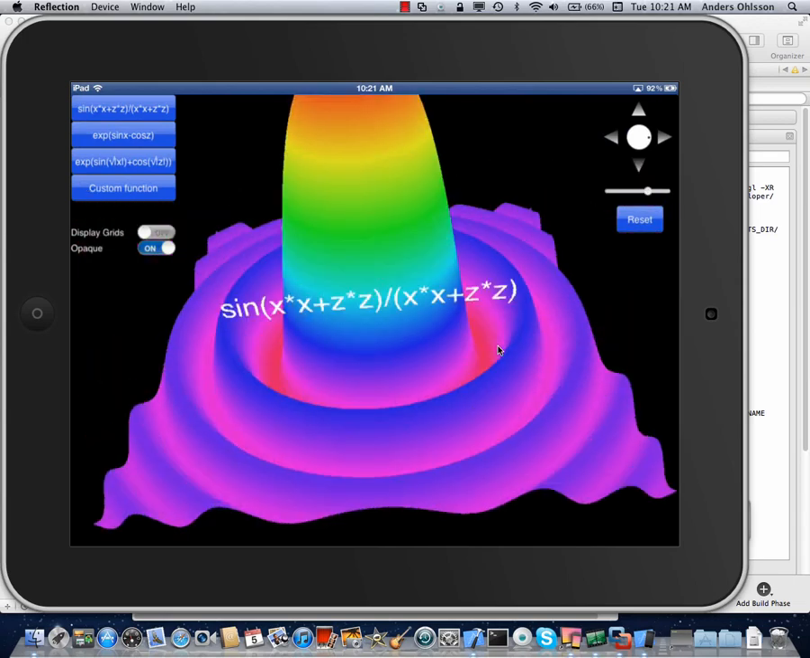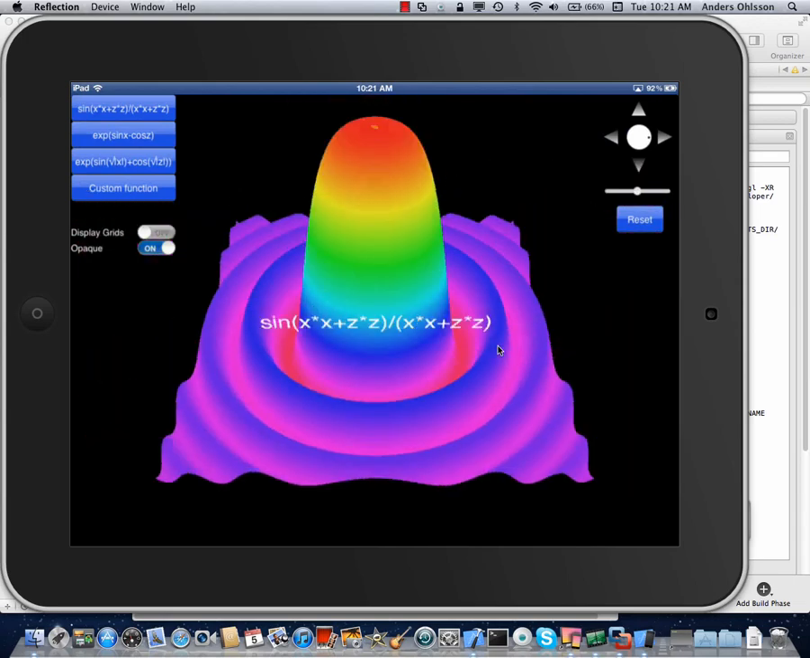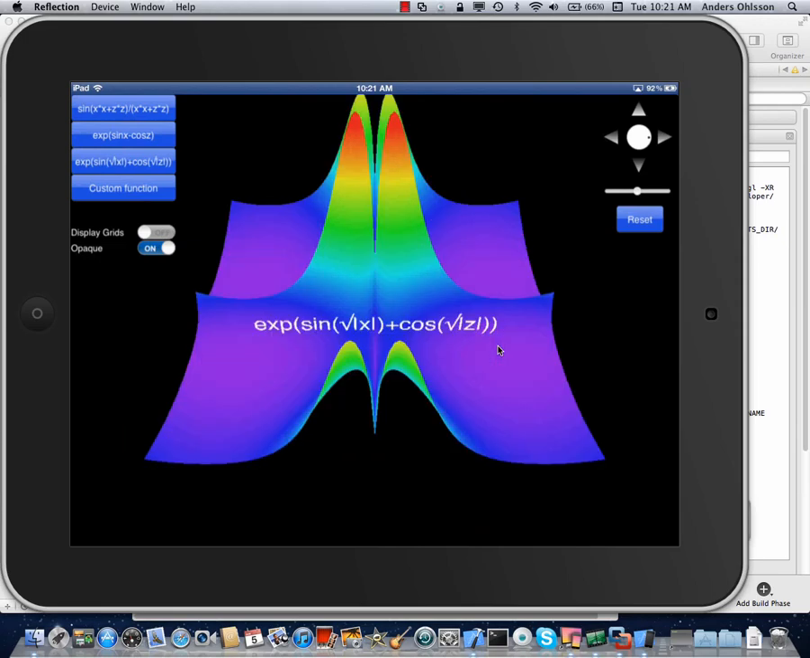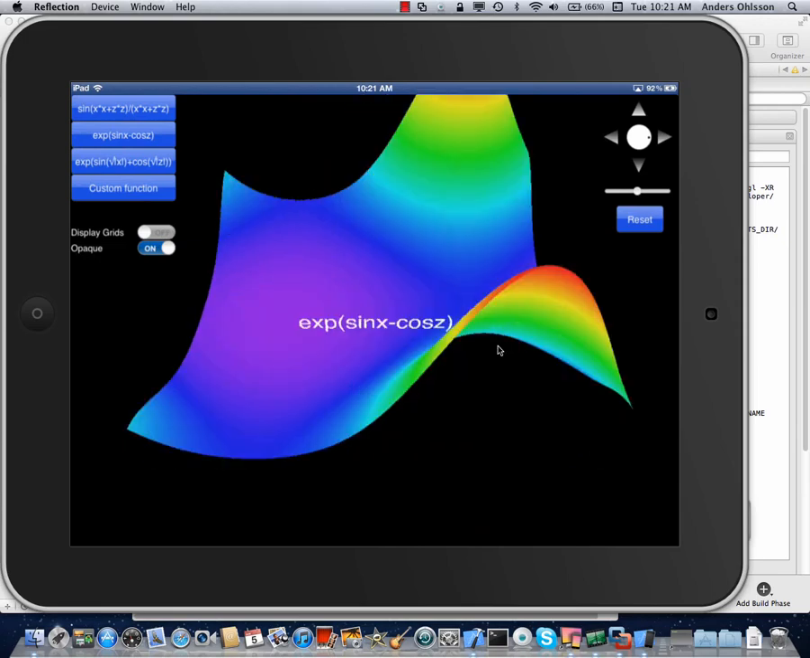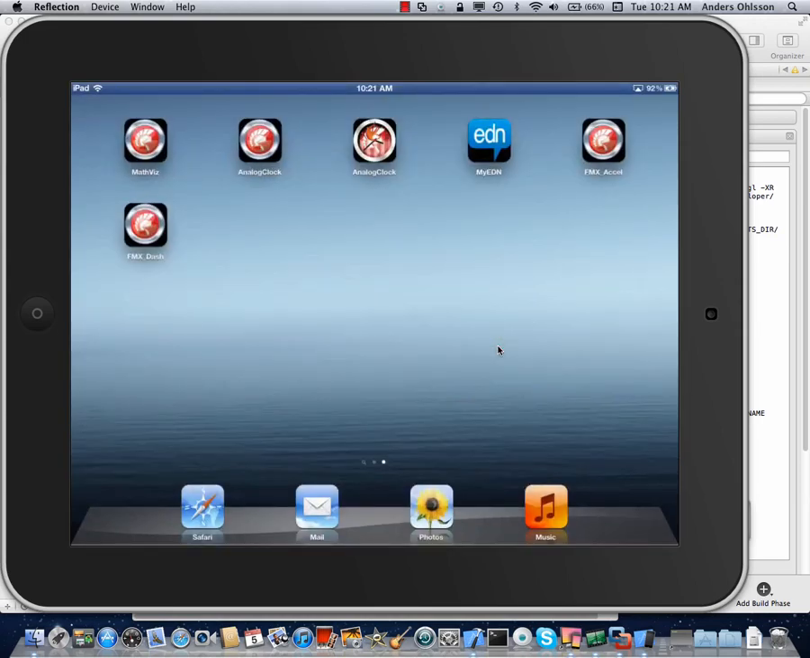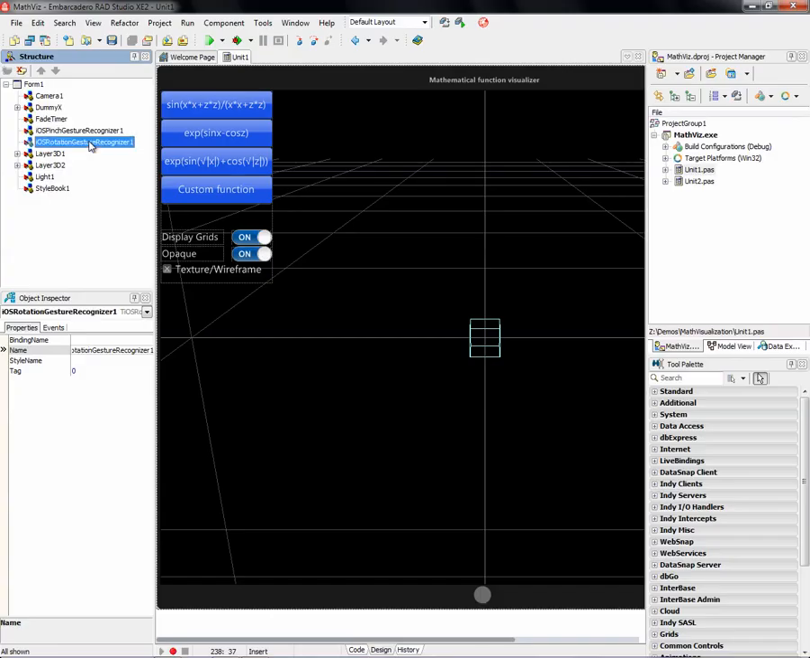Turn it back so we can see it. We can reset the orientation. We can have different mathematical functions in here. Okay. Essentially, what I added from the Mac and Windows version is I added these gestures, and of course, I